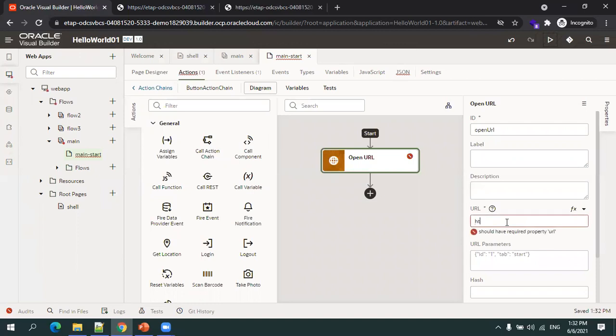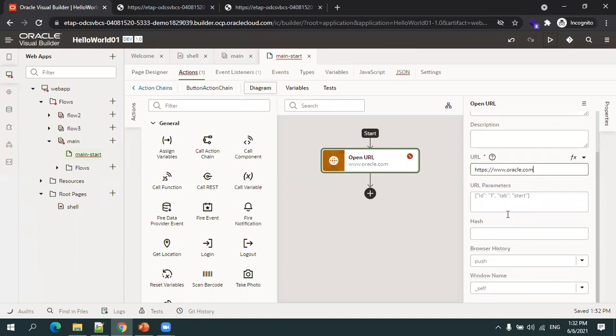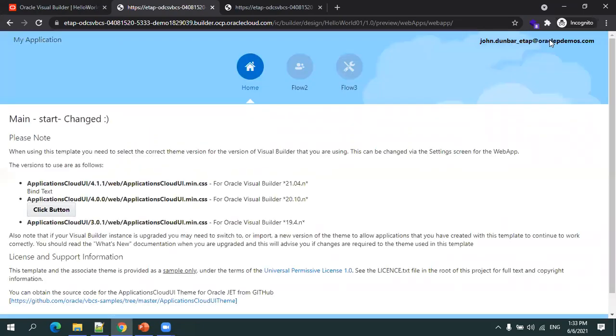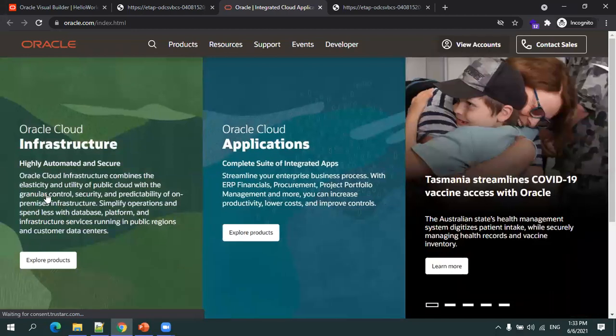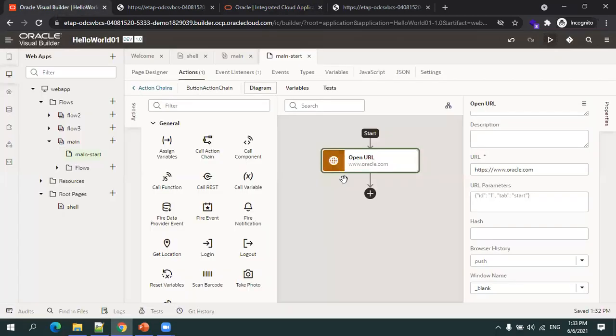I just want to open a new website, www.oracle.com, and I want to open a new window, and you can mention underscore blank. Okay, now just run it and see the difference. Click on the button and it is opening the website in a new window. Okay, so this is an action chain based on a user event. You're calling an action chain, and this action chain will have a set of actions, and each action will have a set of business functionality. Okay,